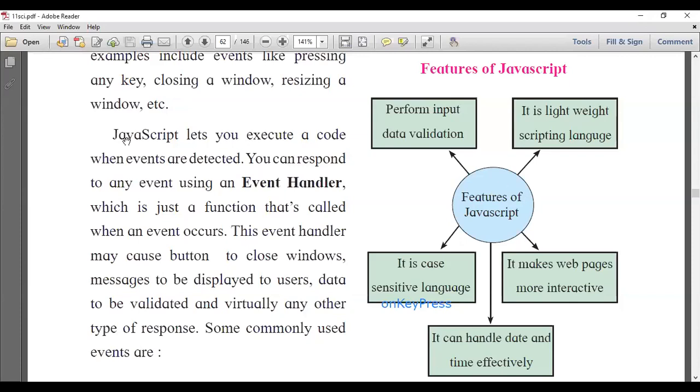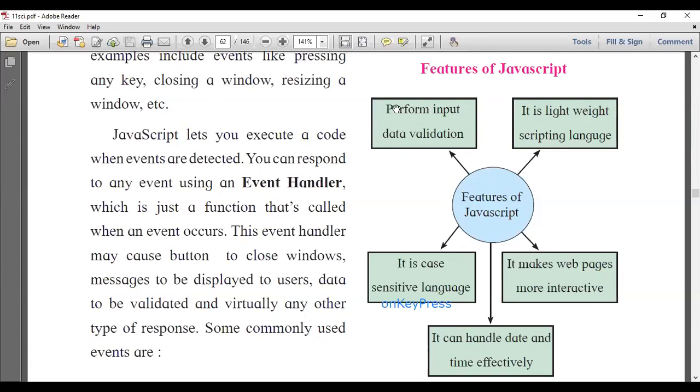Now here we will see the different features in JavaScript. The first feature, or first use, you can see is to perform input data validation. This is the main purpose of JavaScript. Why are we using JavaScript in our program?